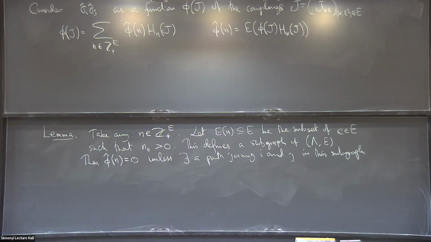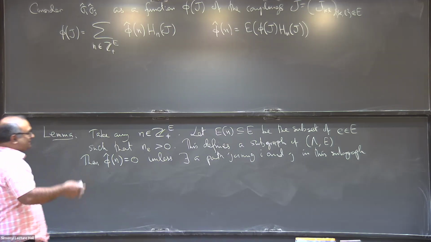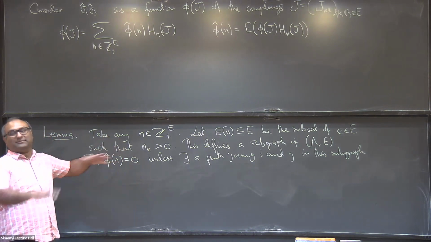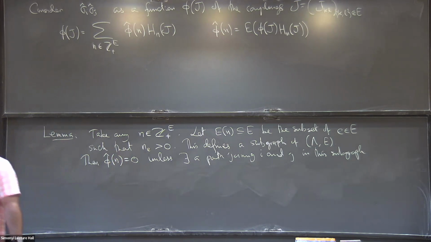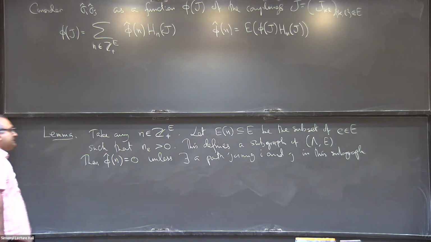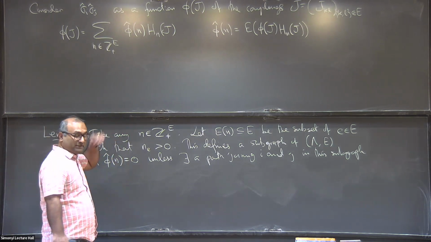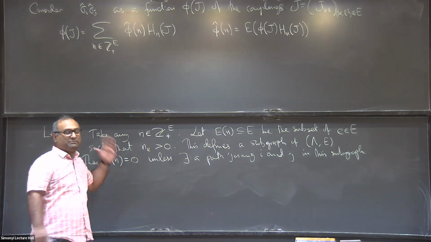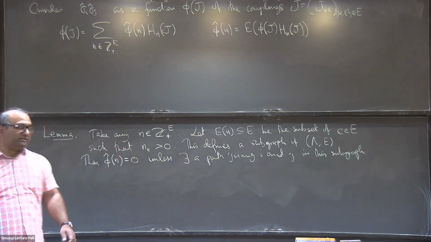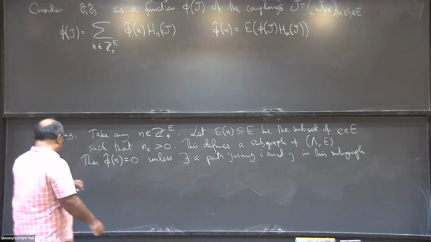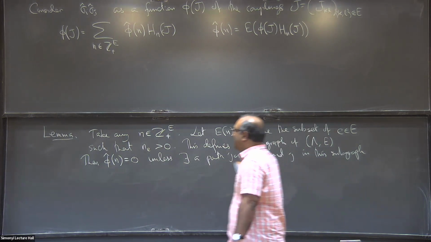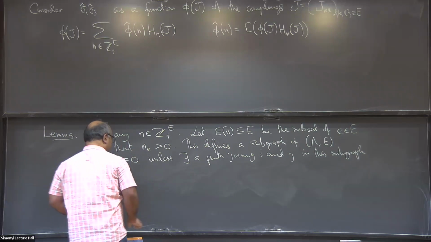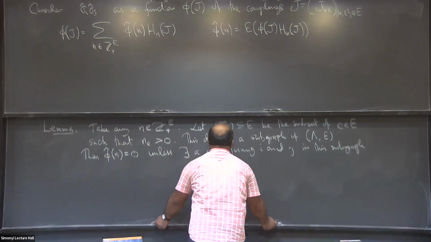So I didn't want to do it case by case. The next step would be to have it in far greater generality, like a wide class of distributions, if somebody can prove that. But for specific things, yes, I think the same thing can be done. So we'll see one more property of why I'm specifically choosing the Hermite polynomials. You can choose other bases, but there is a reason why I'm choosing Hermite polynomials here. Okay, but I'm running out of time. So let me now go through the proof of this lemma.